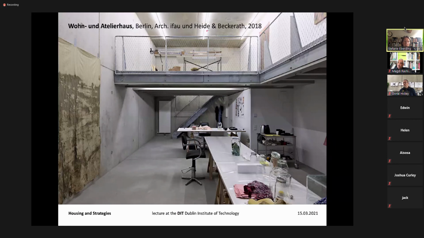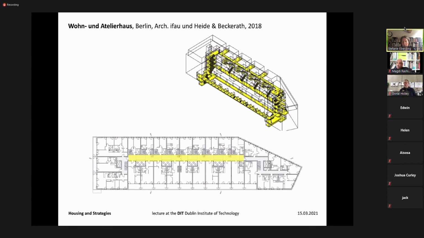That's a view into an artist studio. And you have the indoor corridor. You can see the vertical staircases connecting to the indoor corridor, giving access also to the ends of the building. And you can see in the asymmetric drawing how the corridors are connected to each other, and it's getting really interesting in the